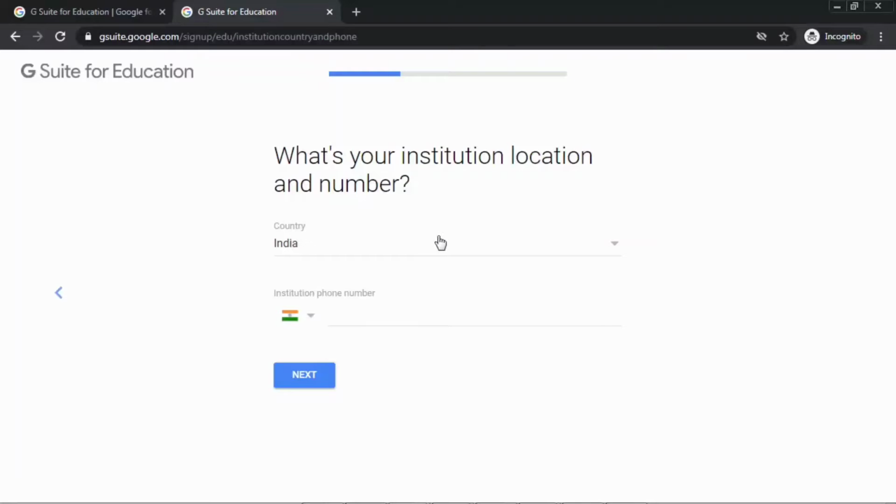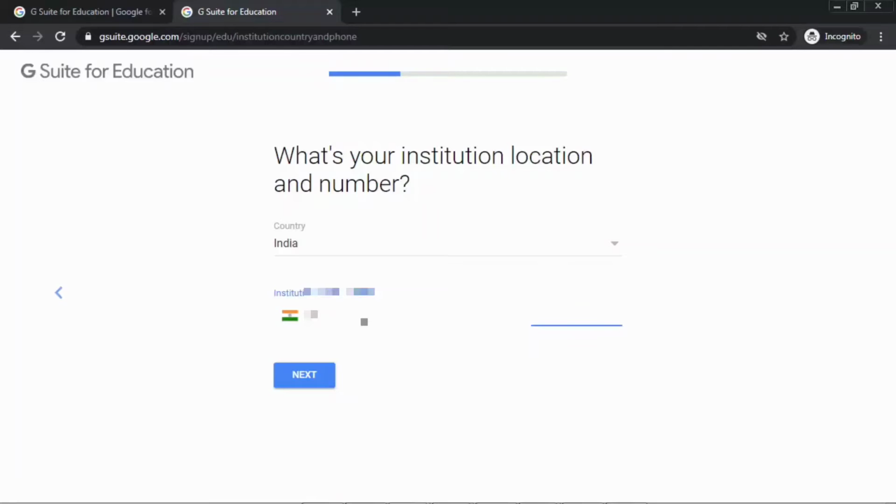After inputting the website and the number of your staff members, including your students and all others, here you can see what's your institution location and number. You have to select your country name here, and input your mobile number here. Let me check my mobile number. I'm going to input my mobile number, and you can put your institution mobile number here, because Google has to verify that.